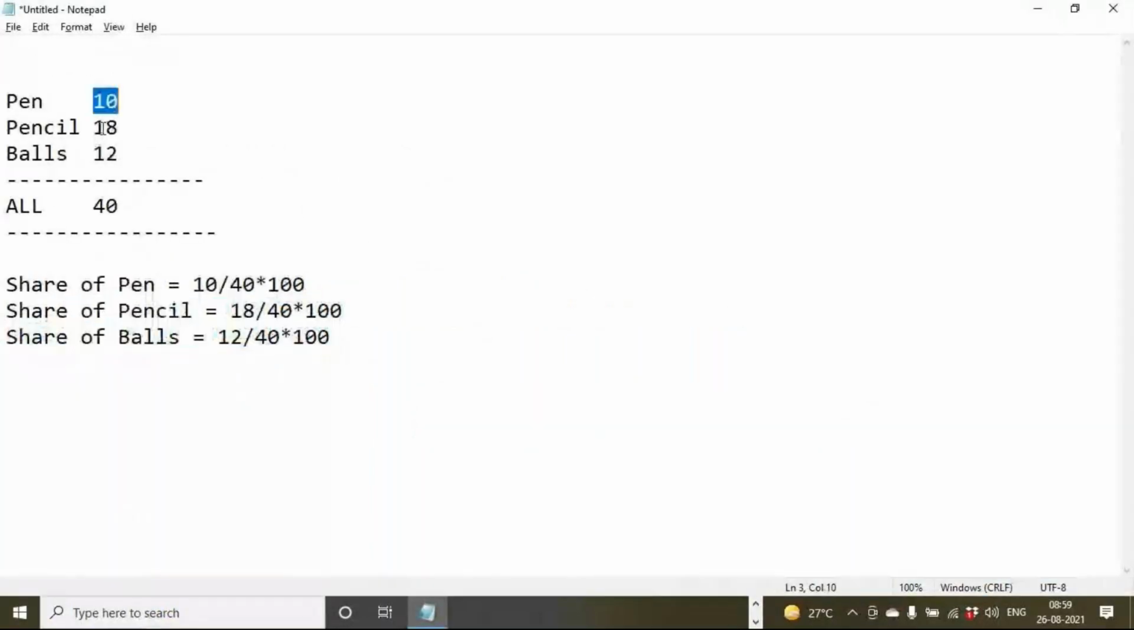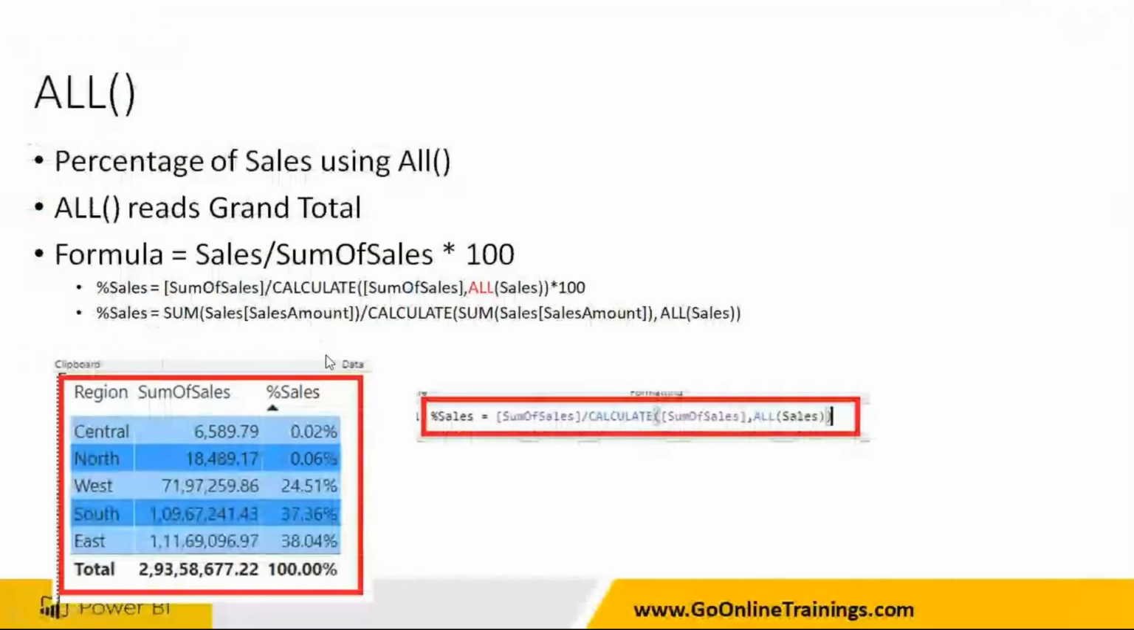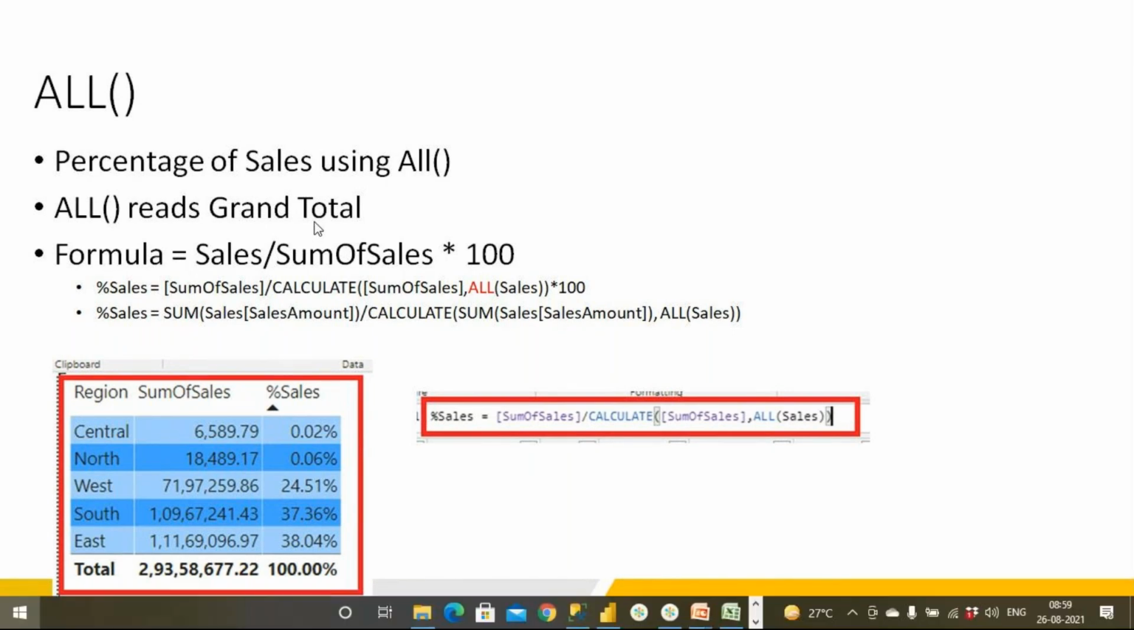So the ALL means all the sales data it is going to be taking, and it's going to be getting the grand total. That amount it is going to be using and creating this formula. Clear? So that purpose: sales divided by sum of sales, into 100. Clear? So if you want to create like this, ALL reads the grand total, or ALL reads always this kind of thing. Now let me quickly go back and